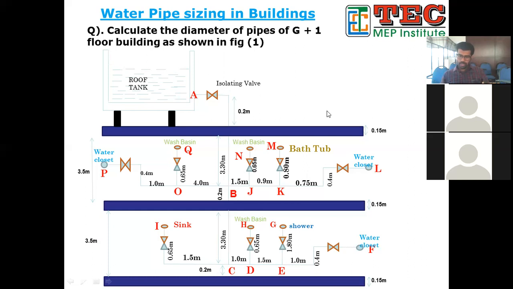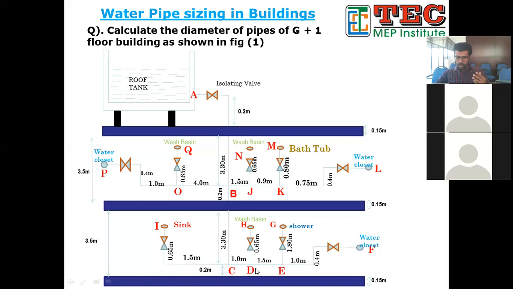Like this, they have to draw 6 columns. They have to write the nodes like this: E, F, C, D, E, G, H, G, like that. Then the second column is description. What is this EF? It is water faucet. What is this EG? This is shower. What is this DE? This is pipe. What is this DH? This is wash basin. What is this BC? It is pipe.